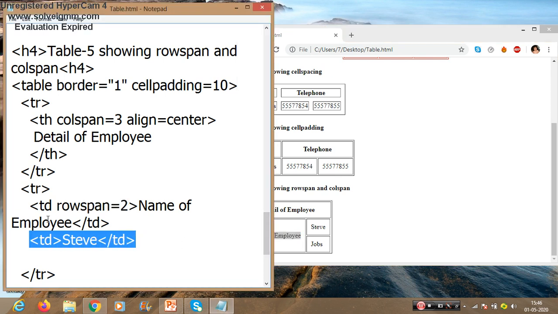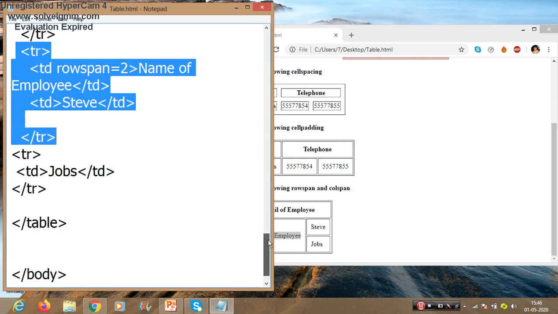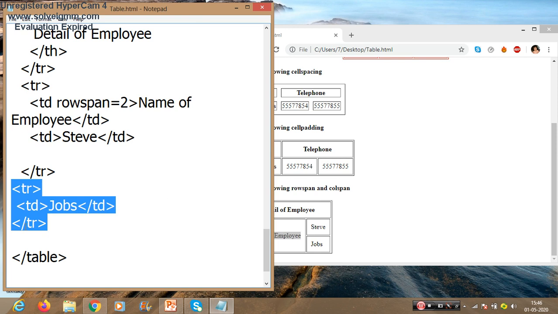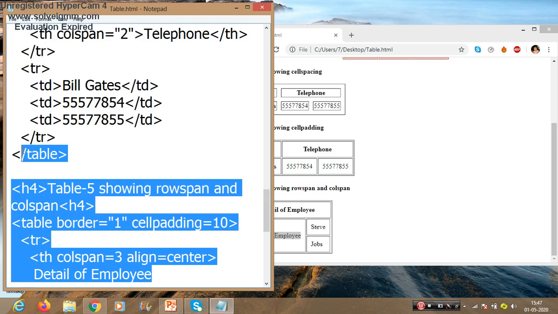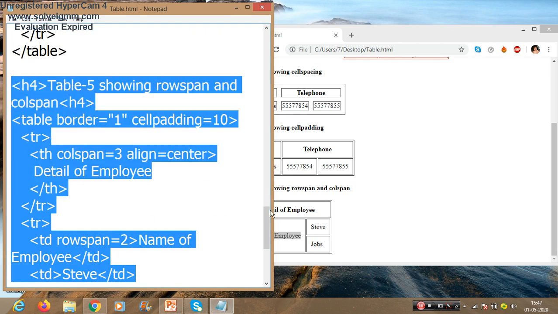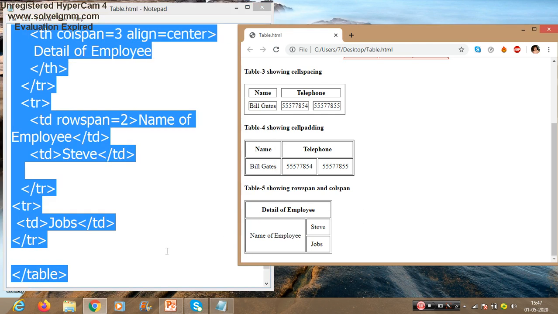Then I have closed this row. Then I again start a table row and enter the second name, right? And close the table tag here. So this is my table number 5, showing col span and row span.